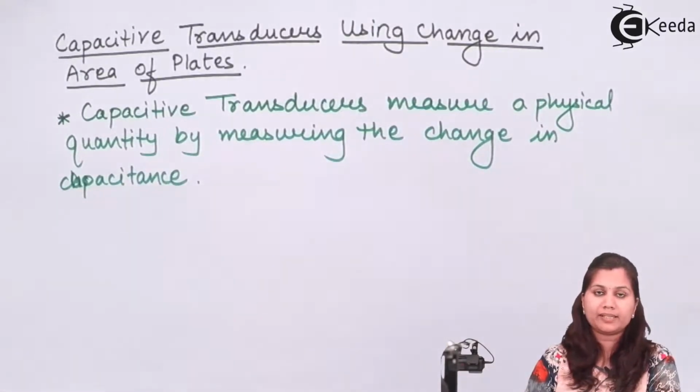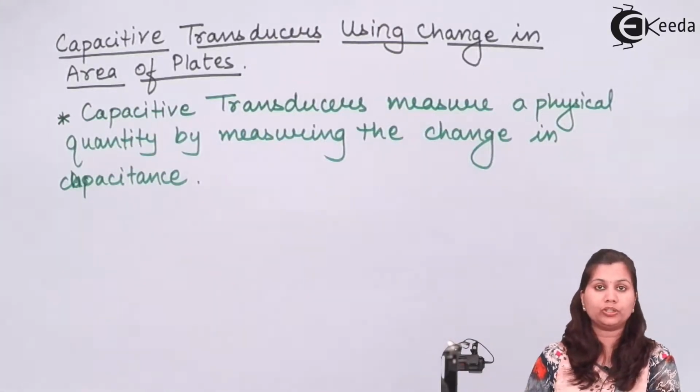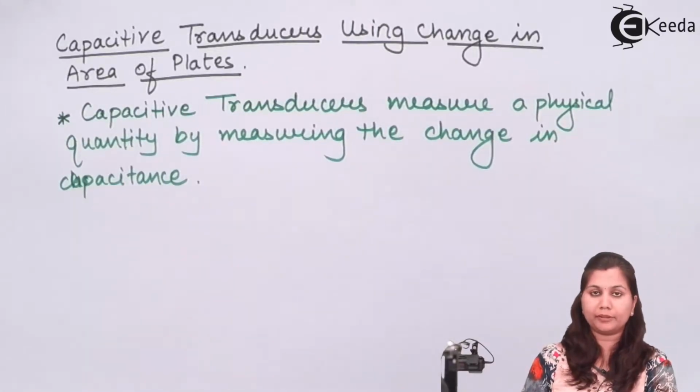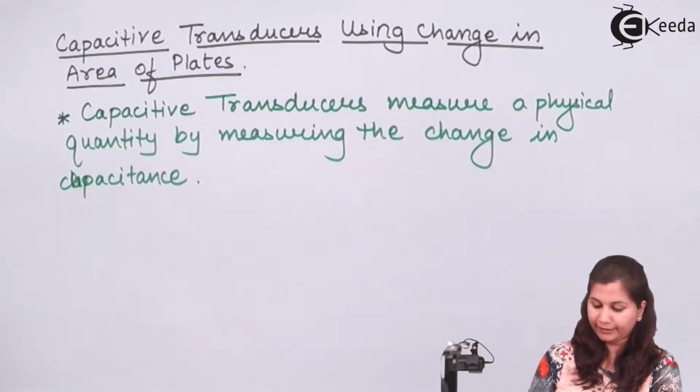So by any means, if the capacitance of a capacitor is changing due to the change in a physical quantity, then we can use that principle to measure the physical quantity. Now, if we define the capacitance of a parallel plate capacitor, it is defined as